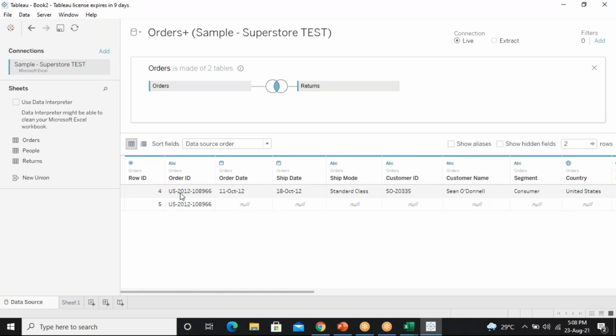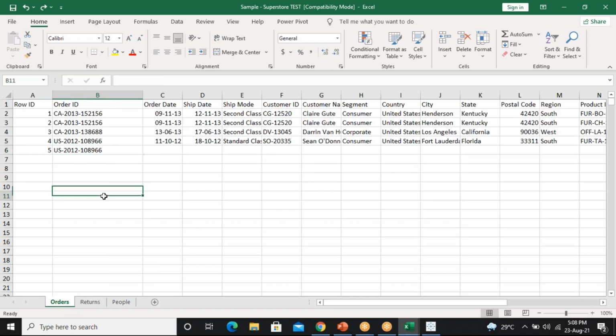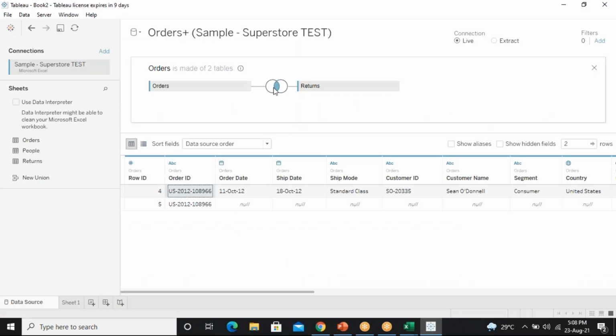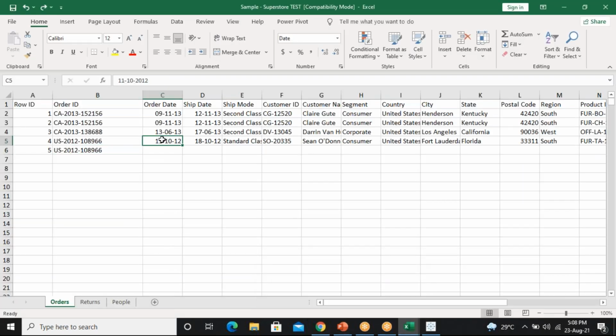The order ID which is common from both sides is presented in returns, the same order ID presented in the orders also. So that is why for inner join we get the common order ID, but everything else is null here. Okay, so what if I select the remaining also?